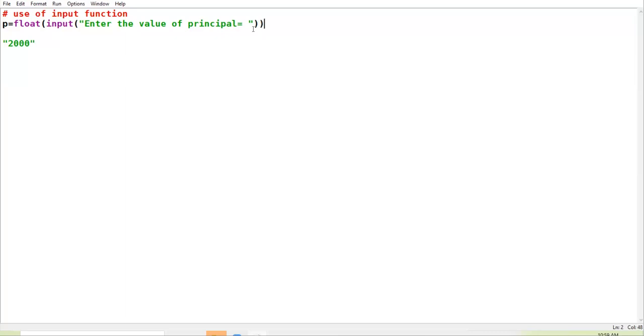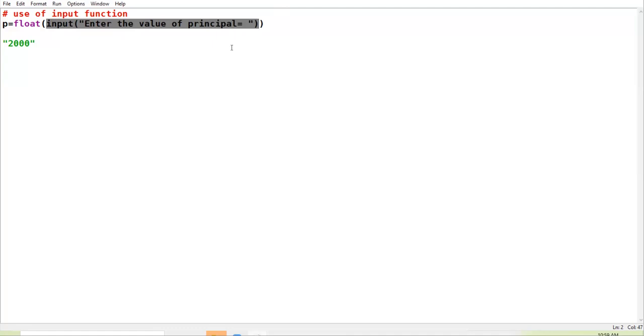Now understand the meaning of this carefully. First of all, focus on the line which I have shaded. Forget the rest of the things. I have used the input function in order to enter the value of principal.